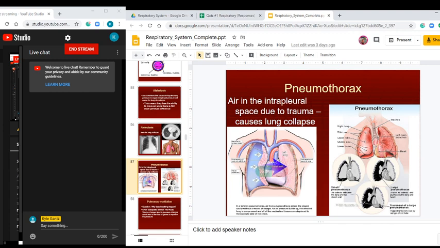Remember the amount of square footage, or square yardage, that the lungs did? So you cut that down by half. That's a big, big deal, especially when all of our body is needing oxygen all the time. And it's not even so much getting oxygen in; it's also getting carbon dioxide out. But anyway, that is what we call pneumothorax,